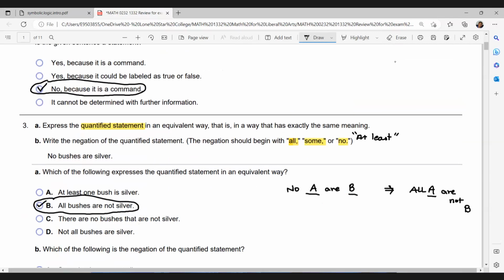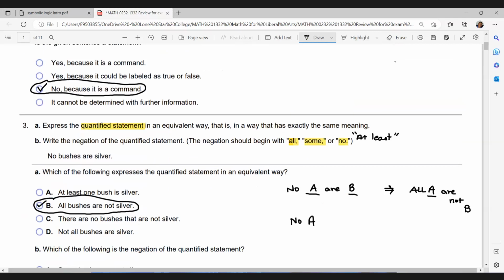Notice that in that particular case, I took the word no and placed it in the second part of the sentence. Keep in mind that this talks about every single bush that there is out there and that they are silver, and so therefore all of those are not silver. So when we want to negate this particular quantified statement,